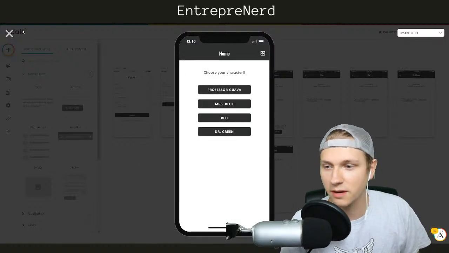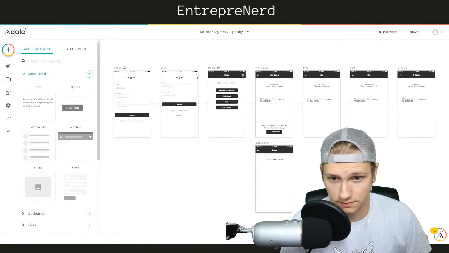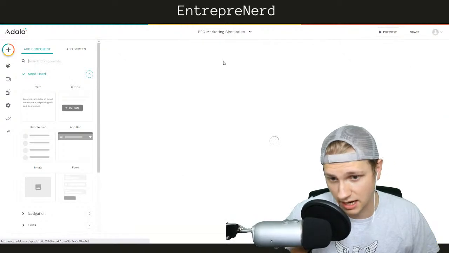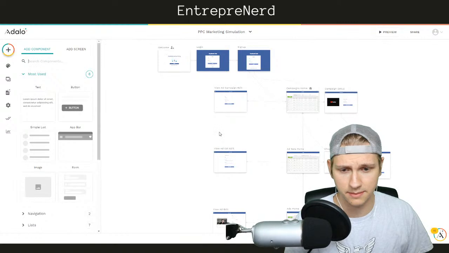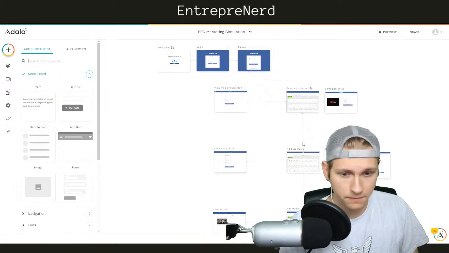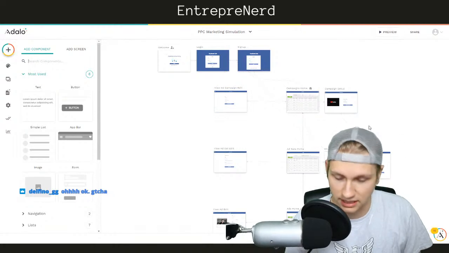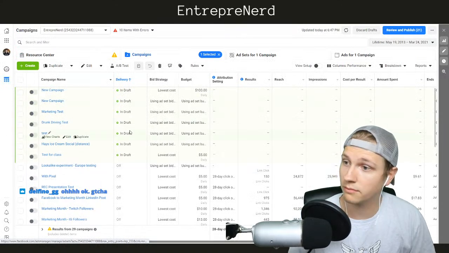This is just a very, very basic little prototype of something like a murder mystery app, but I built this all in Adalo, right? Adalo is an app builder, so I am building a desktop app. I built this from scratch on the last episode last week. All of these are different screens that I just built out, and I built a list here that looks like a list of campaigns on my Facebook, right?